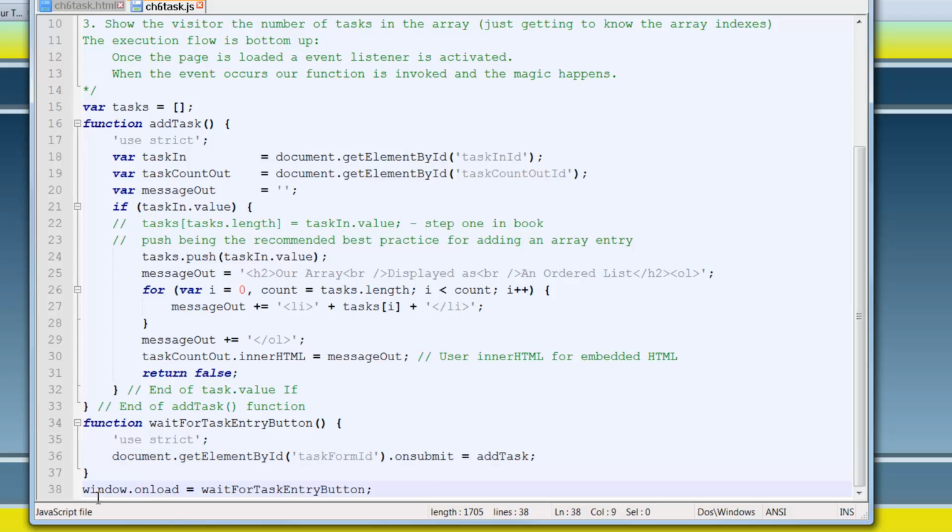So let's start at the bottom here, window.onload. When this page is loaded, it will execute the wait for task entry button function. We created a function, wait for task entry button, and it gets triggered by the onSubmit event and executes the add task function, which is up here. Add task